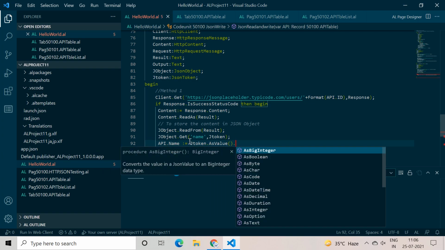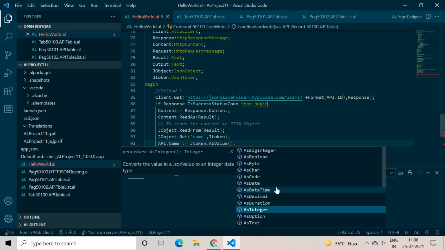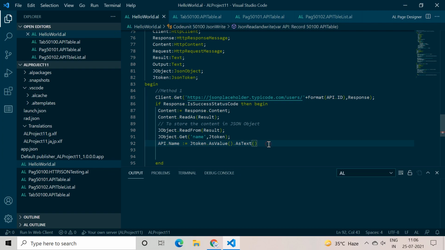Let's say this name is our text field. We have all these functions available, like if you want to pass it as a code, date time, decimal, it totally depends on what value is available in your JSON object. We want to store it as text, so let's use text, and that's it.